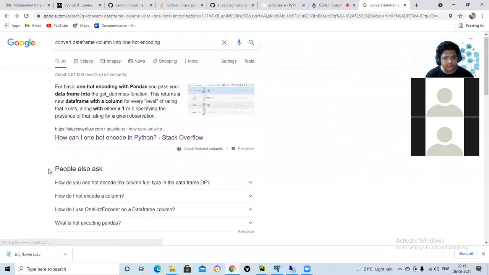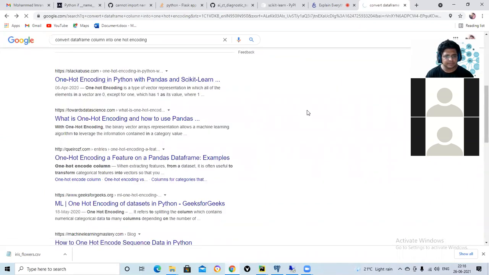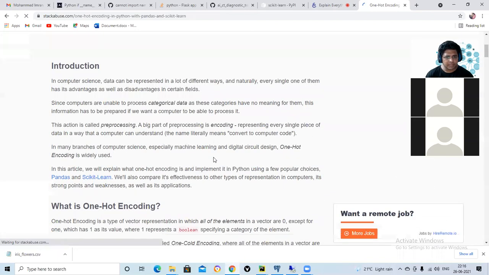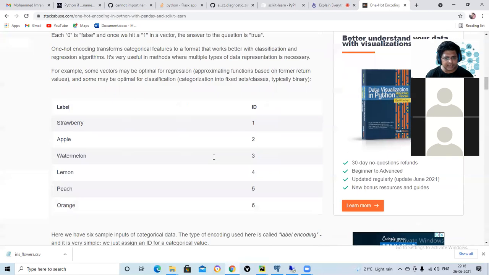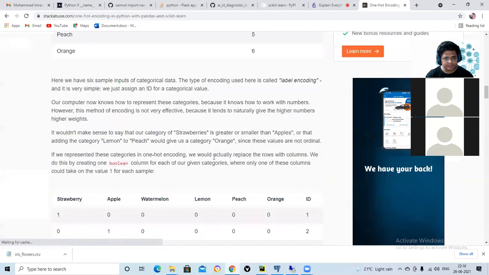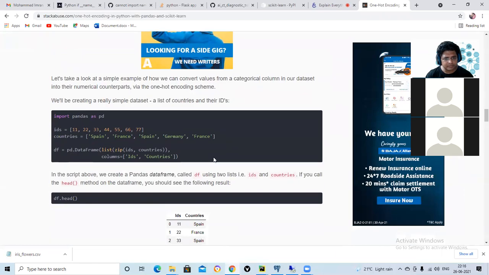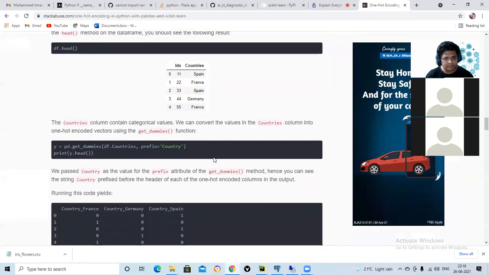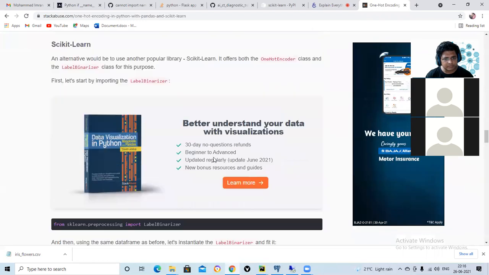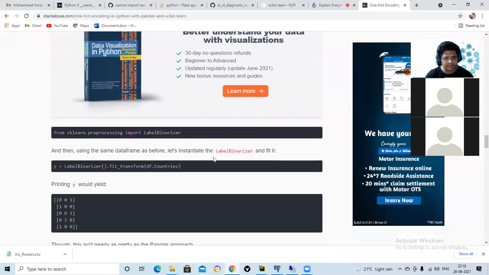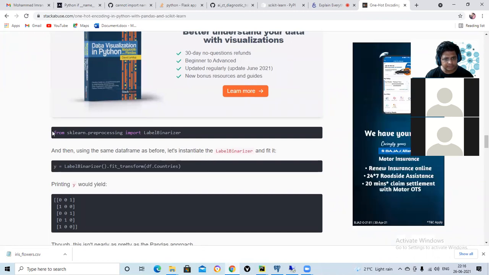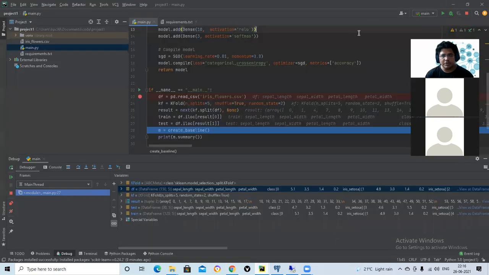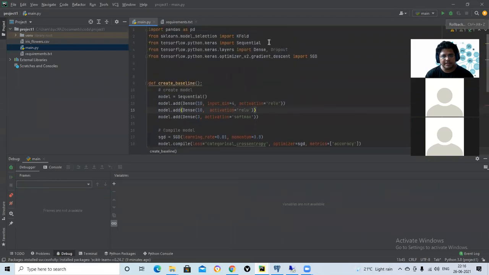I am trying to do it using an existing function. You'll see the output and then you will understand what I want to say. Label binarizer. So we will use a label binarizer.